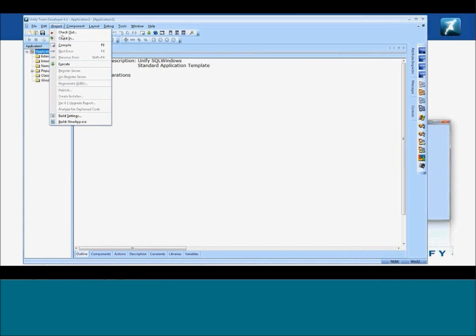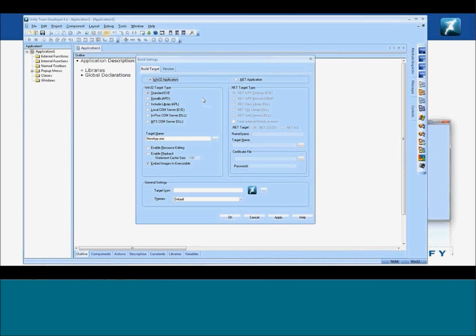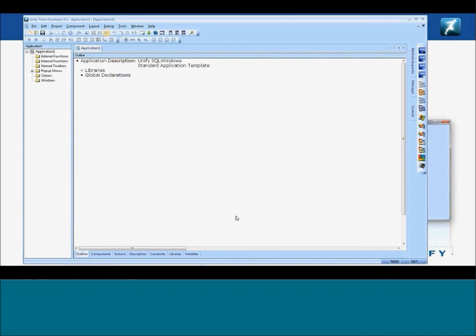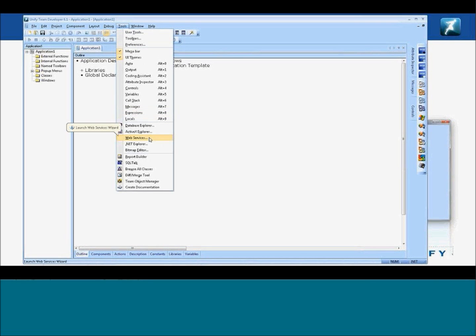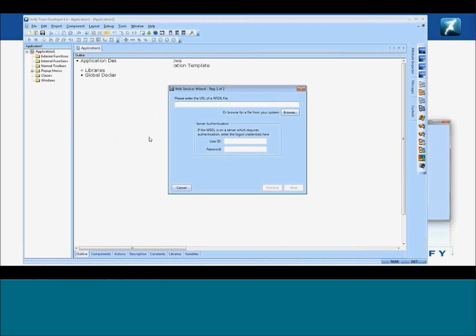So the first thing I need to do is set this to a .NET application. Let's start with a brand new empty application. So you see now at the bottom here in the toolbar, it says it's a .NET build target. So in 6.1, we have added this little indicator here so that you know what build target you are creating. Now go to the Tools menu and choose the Web Services wizard. And the first thing you have to do here is provide the URL of the web service that you want to consume. So this one is hosted on my local machine, and the WSDL is that. There's no login required to retrieve the WSDL. Just press